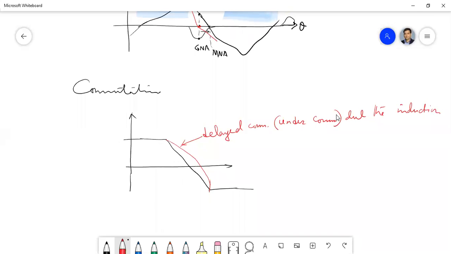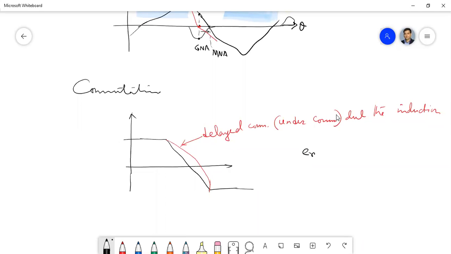Because inductance gives the reactance voltage, and so far as I can remember, I have already derived some expression for reactance voltage, isn't it? Can you remember this? Yes, sir. So reactance voltage in terms of this inductance value. Okay, so reactance voltage is developed due to the inductance in the coil, and due to that we get delayed